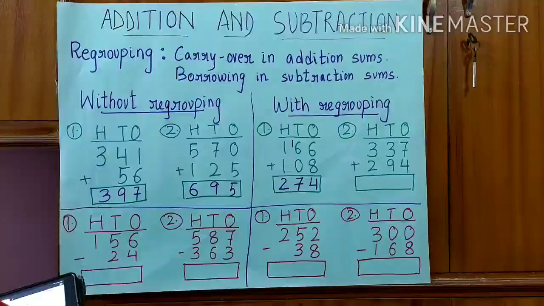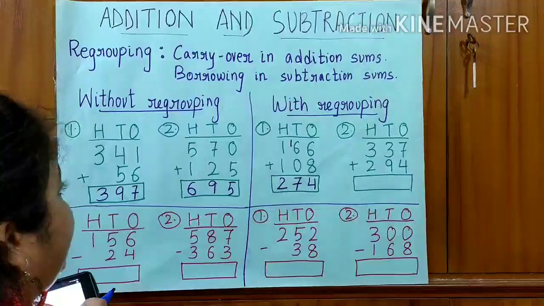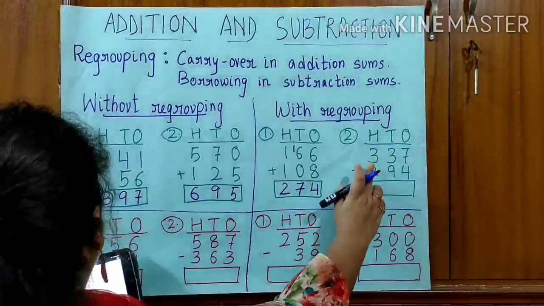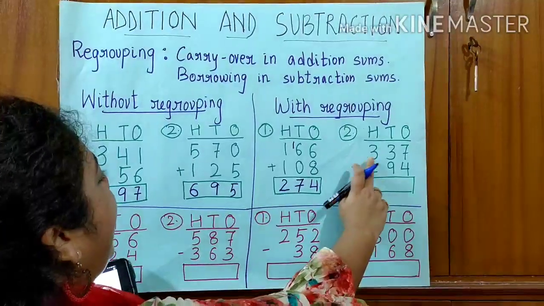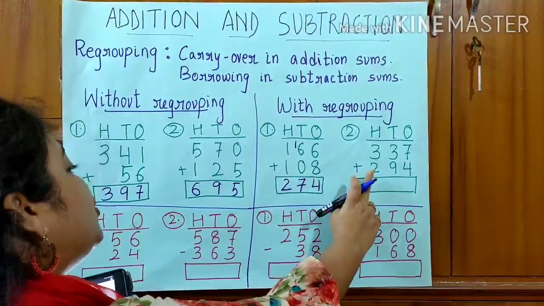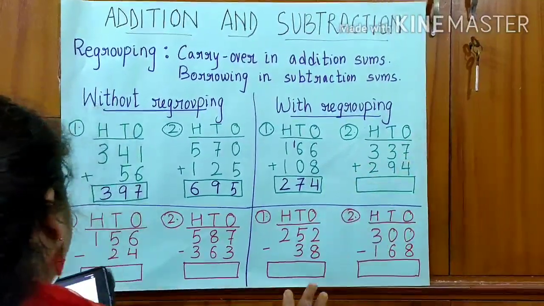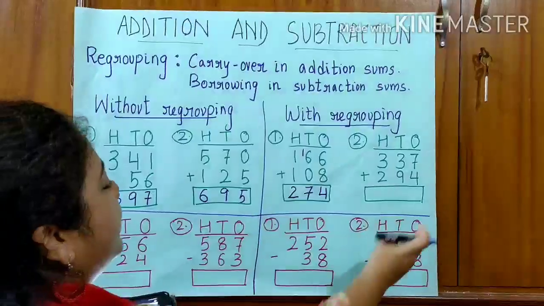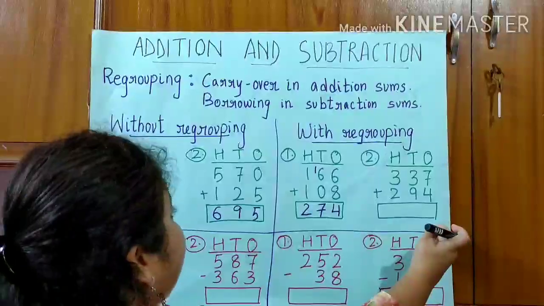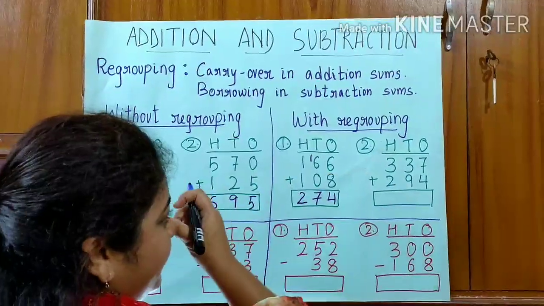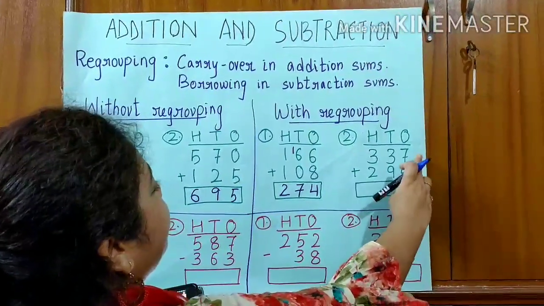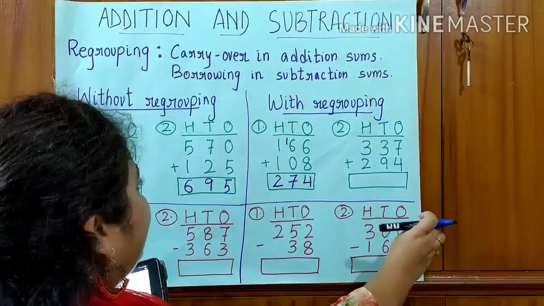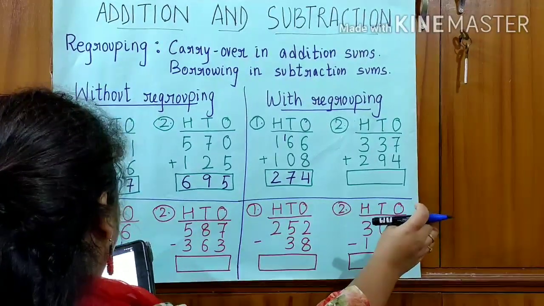Right, children? Now we'll move on to the next big number. What is that? We have to add 337 plus 294. How do we do that? In the same manner as we have done before. We are supposed to start with the ones place, never start with the hundreds place, children. So let's see. We have 7 ones plus 4 ones. What does it give us? It gives us the number 11.